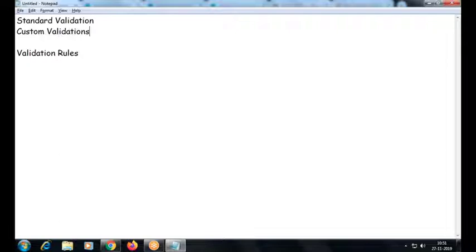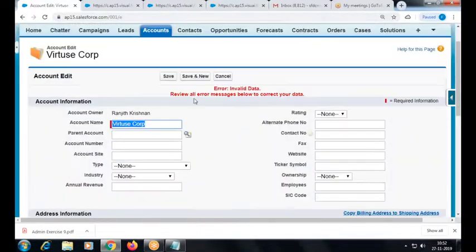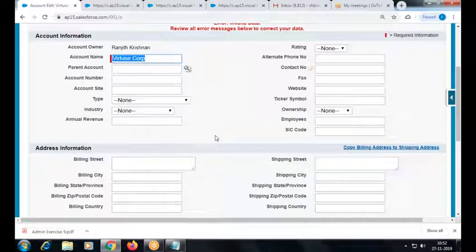When you say custom validation, we have to implement it using validation rules. Okay, a rule is like your Excel formula, right? How did you build your custom formula? With expressions we build, right? Formulas, operators. Similarly, you are going to build your formula now, in order to validate the user input. Apart from the inbuilt standard validations, we are going to implement our own validations to meet our business requirement. My requirement is, suppose